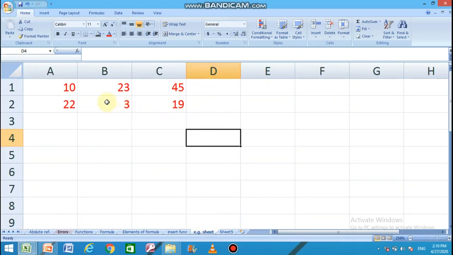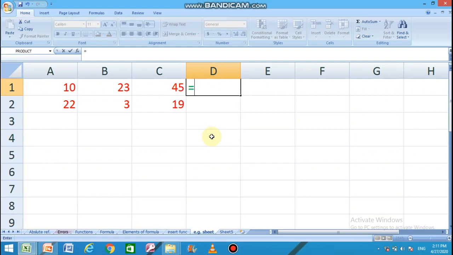So students, for example, I have typed some numbers here. Let us do some calculation on these numbers. Let us add 10 and 23 with 45. As I told you earlier, first of all type an equals to. It is important to type equals to first. Then type the cell address of 10, that is A1.